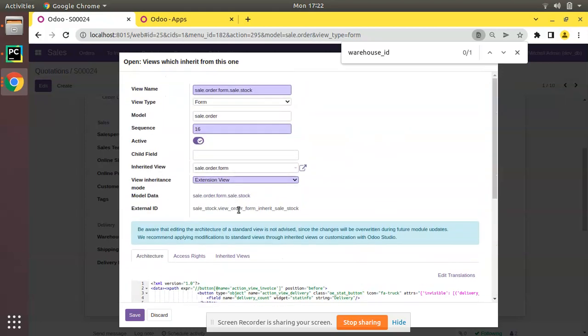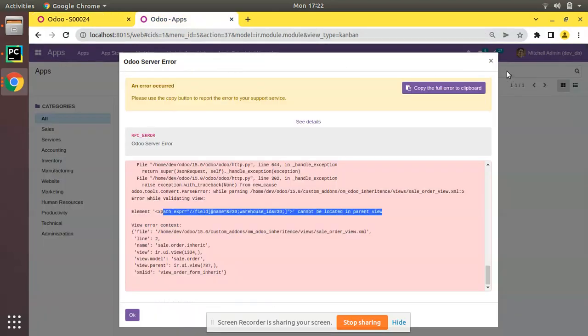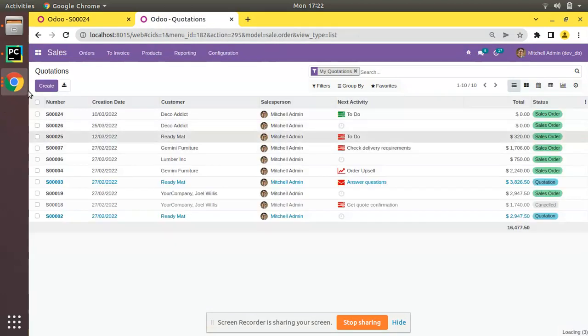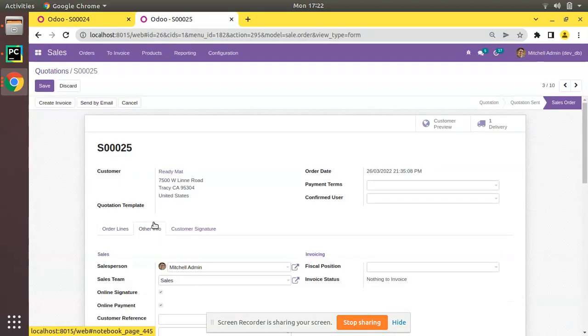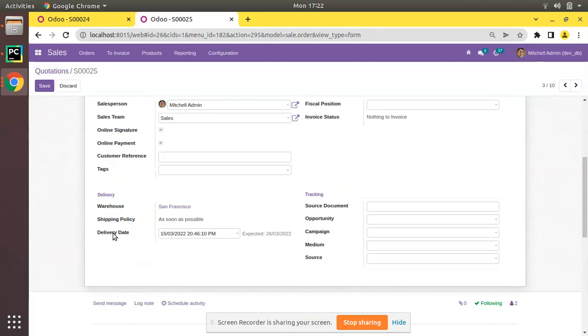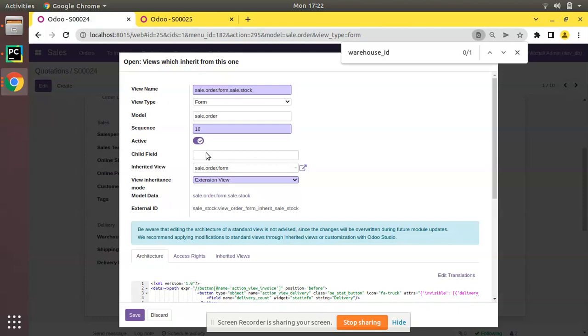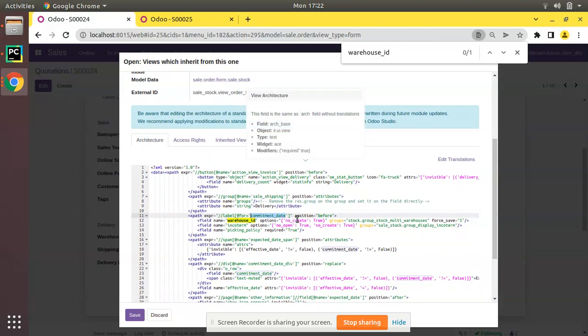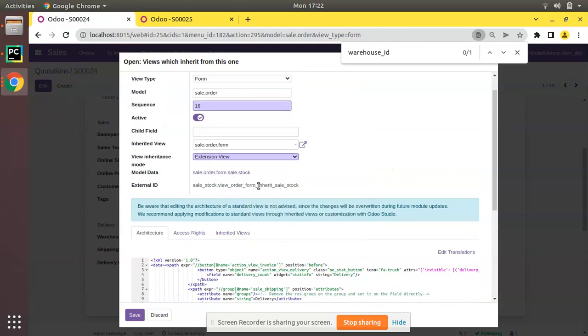From this view I am confirming, because if I come back to the sales form, if I come to the sales and if I open edit other info, we have delivery date. Delivery date is commitment date. So if you check this inherited view, label for commitment date before,